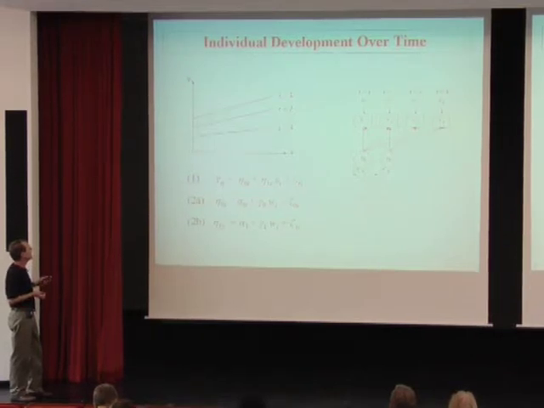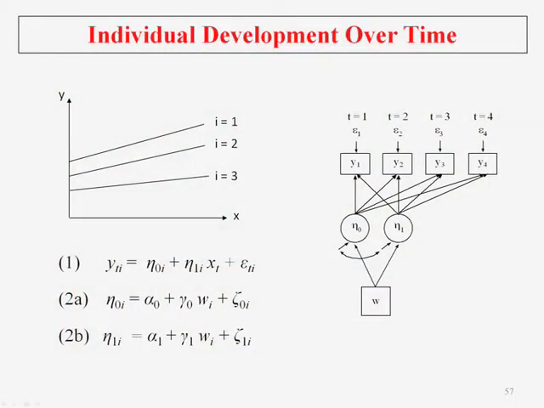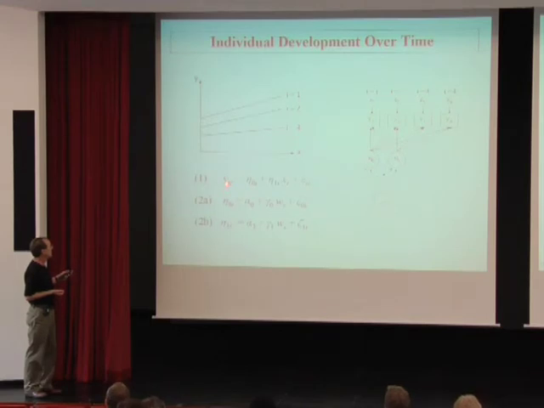Now you can represent that in formulas if you like. So you have Y, and here we start to take an interest in the subscripts, Ti, and we will take an even more intense interest in the subscripts on Monday and Tuesday when we talk about multi-level models, because it's the subscripts that really tell the story. So here you have for time point T, a certain time point along the x-axis, and for individual I, we're going to write the linear equation, just like linear regression, where we regress on x, but we have